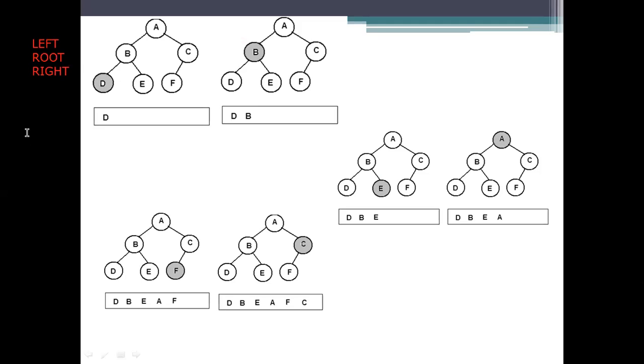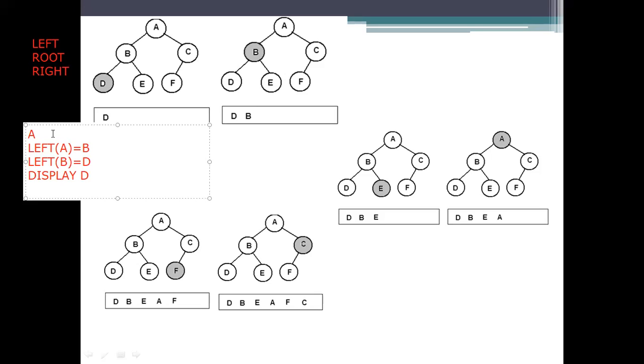So first visit a node. Just visit a node. Okay. A has been visited. It is not the in-order yet. So go for the left of that one. So left of A means which is equivalent to B. Is it a leaf node? No. So now go for the left of B, which is D here. Consider any element is there or not for that one. No. What happens here? Then display D. And go for the next.